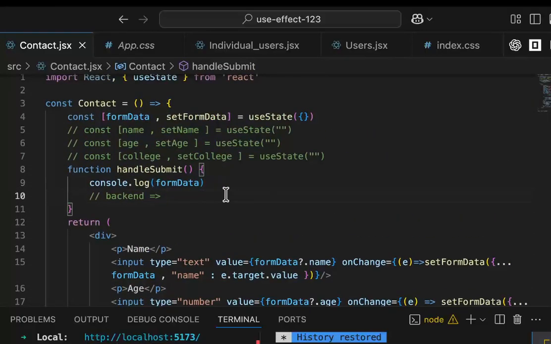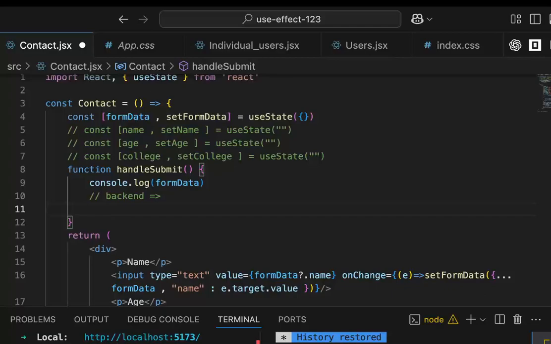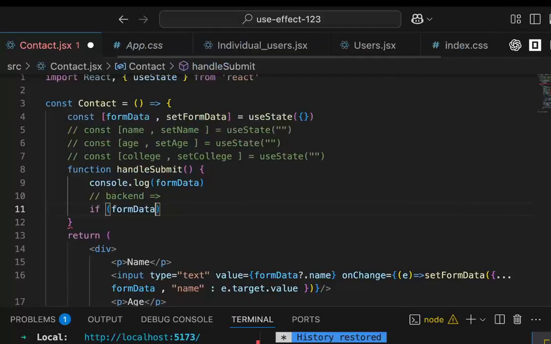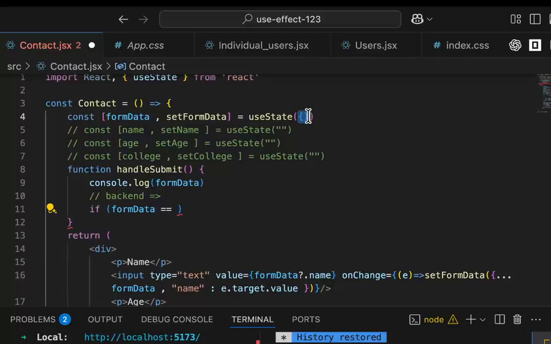Now let's say you have your form data, right, and someone submits the data. This is how you should do it. Okay? If form data is equal to, so initially form data looks like this. What if the person submits this? Okay? We should just